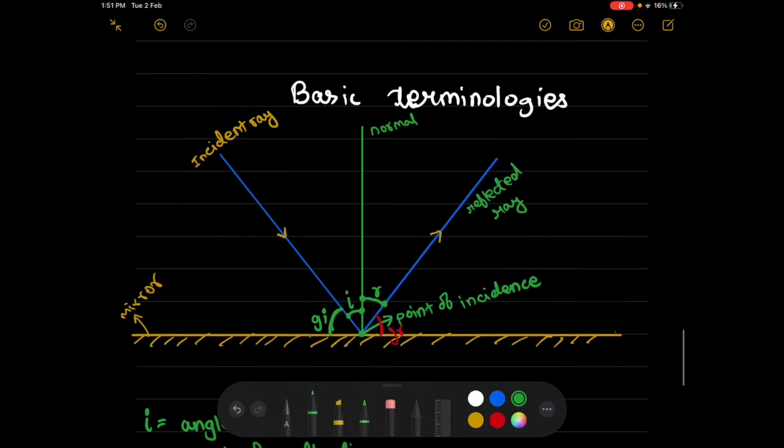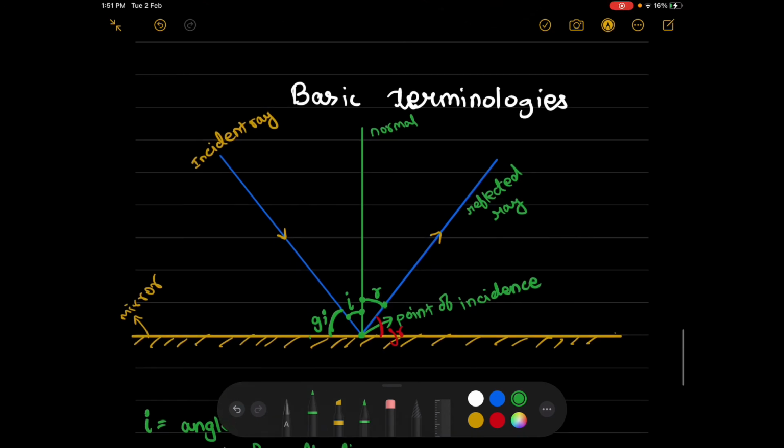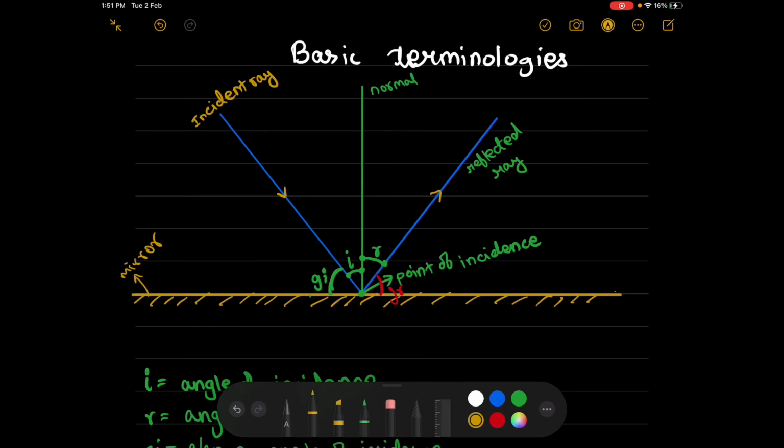Okay, so here were the terminologies, and one main part I forgot to tell you, that is this part, which is known as reflecting surface. The mirror is the whole part, and the top part, the glass part, is the reflecting surface, and the bottom part, the diagonal one, is the silvered surface. Okay,